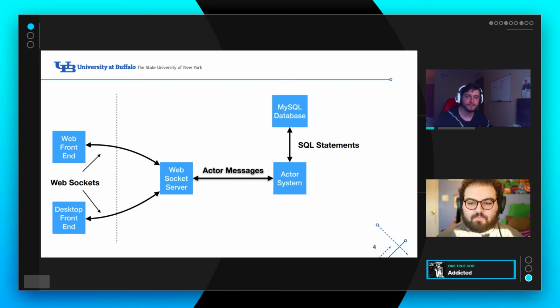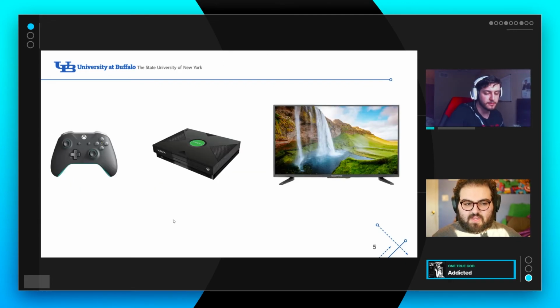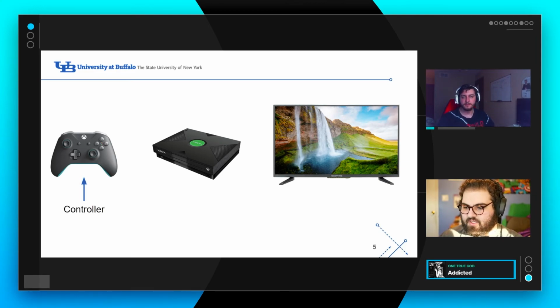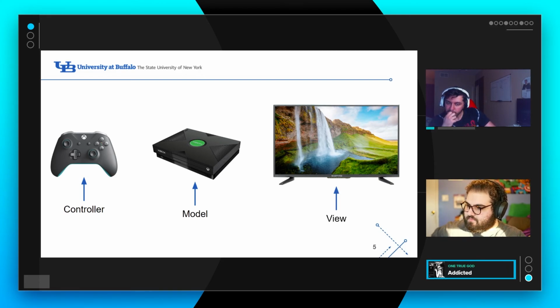Okay, let's go. Model view controller. We're talking about this in terms of an Xbox. Your controller is your controller. That's how you give input to the system. Your model is what takes your input and turns it into something else. That's your Xbox. Your view is how you see what the system does, or feel, or however. That's your view, right? On your phone,